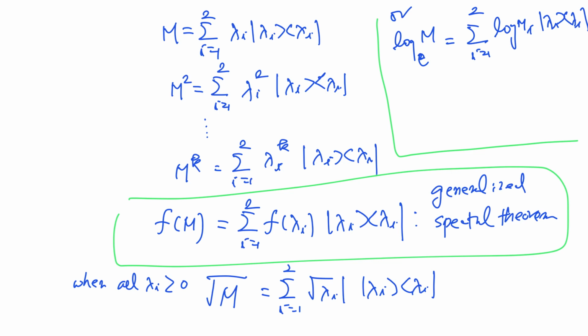So for this matrix, let's see what the square root is. So M was 125, minus 75, minus 75, 125. We have lambda 1 is 50, lambda 2 is 200,